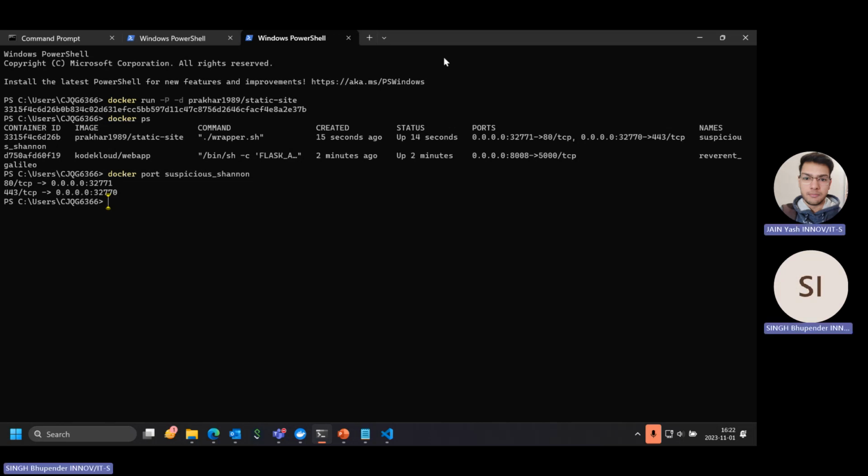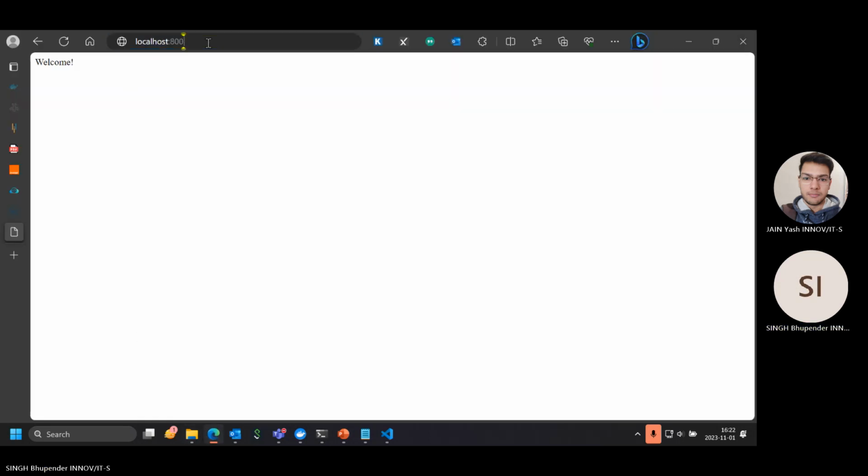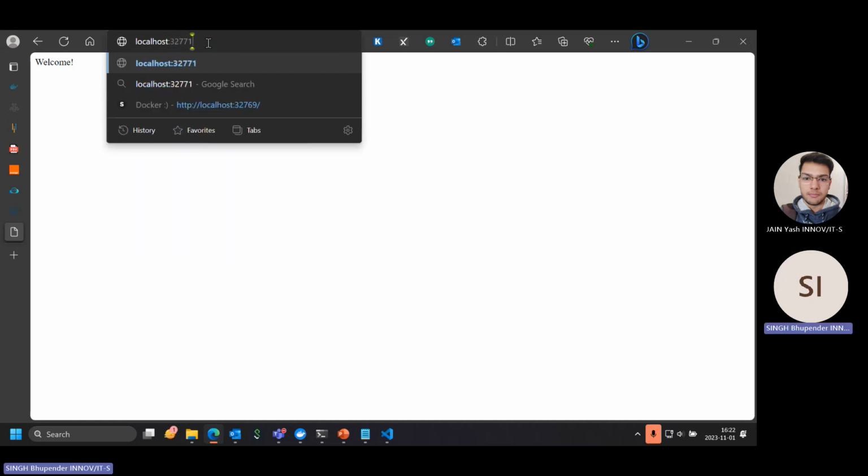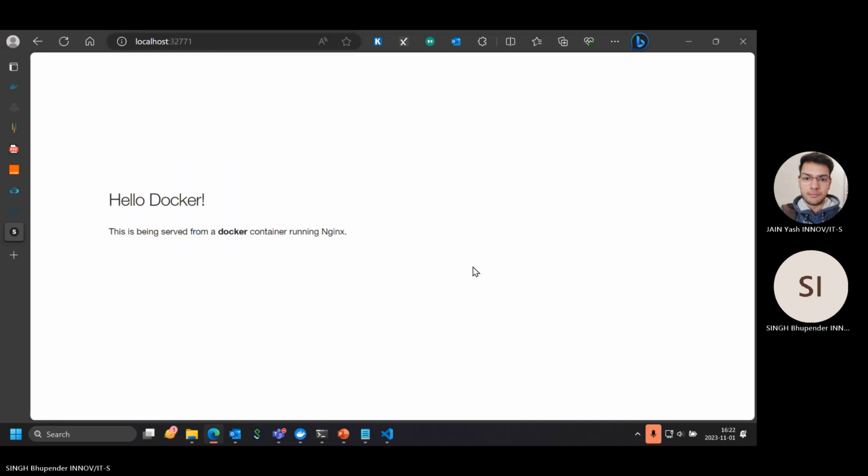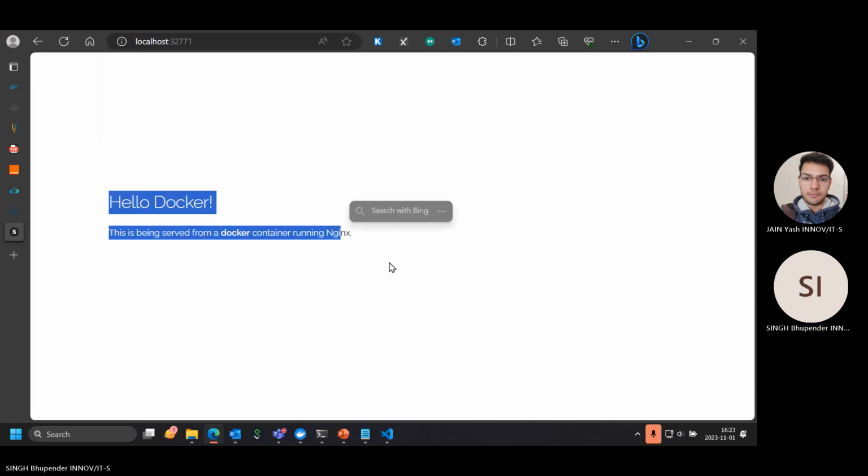So on which port will it run now? We have used the dash p flag. It will randomly allocate the port. In this case it has allocated 32771 on our local machine. And if we go into this port, we will see that this website, 32771. So we can see that this is another image, another website.